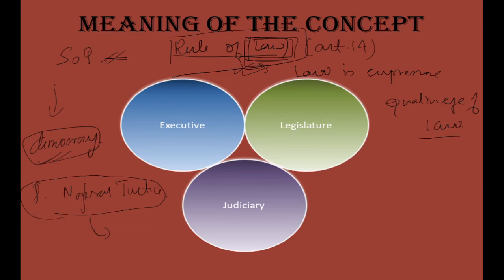Now the laws that will be passed by that organ, when it comes to a dispute arising from the law, or if the law itself is challenged as biased or not fair, will the legislature which has made the law decide against its own law? No. So separation of power also ensures that the principle of natural justice is